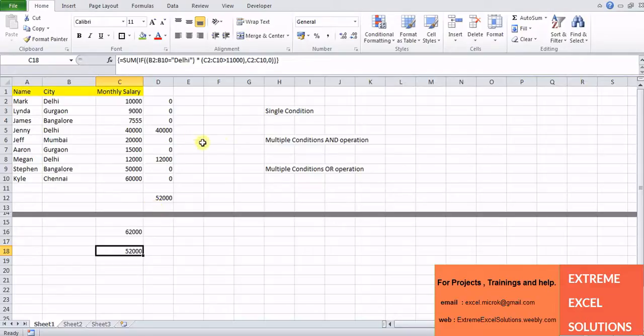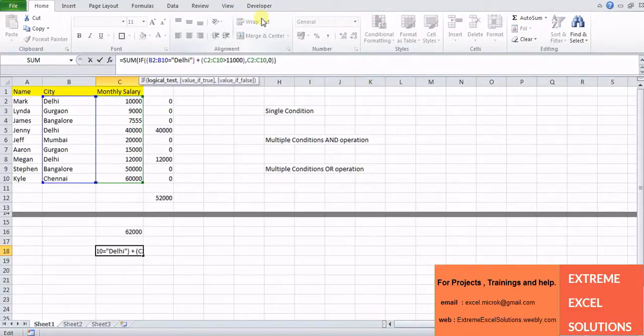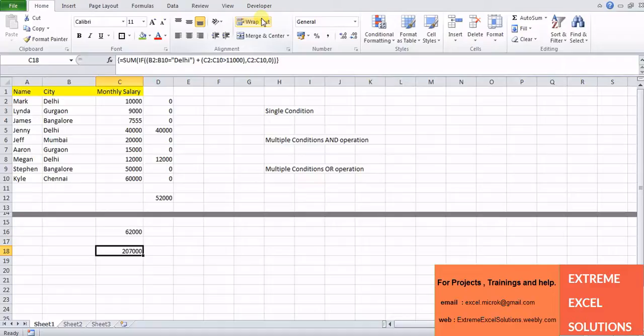Similarly, if you were to use an array OR operation, you can use the plus sign here. This is how these array formulas work. If you need to understand the calculation behind this plus and multiply,